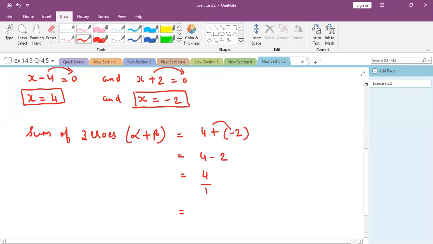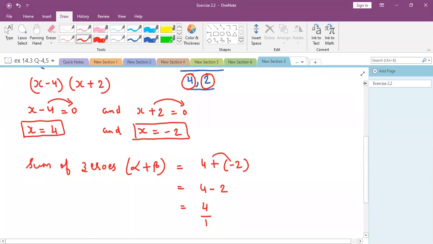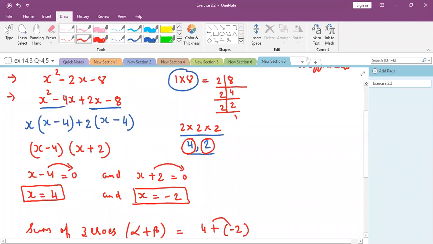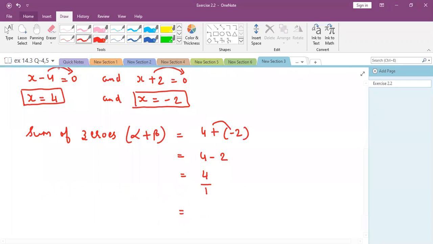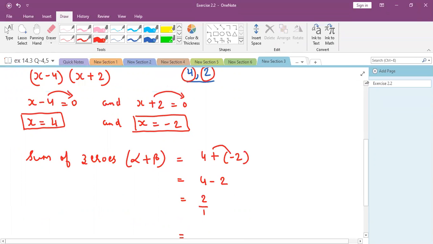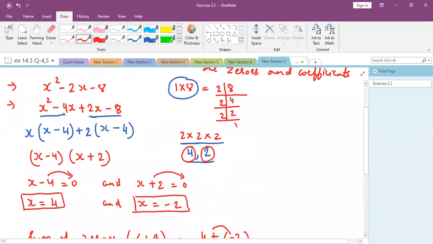Now let us see the coefficient. You can see from the equation here that we have got 4 minus 2, that is 2. Sorry, here 4 minus 2 will be 2 by 1, right? Now let us see in the given polynomial, 2 is the coefficient of x or x square? From this equation, find out whether it is the coefficient of x square or x. Anybody would like to answer?